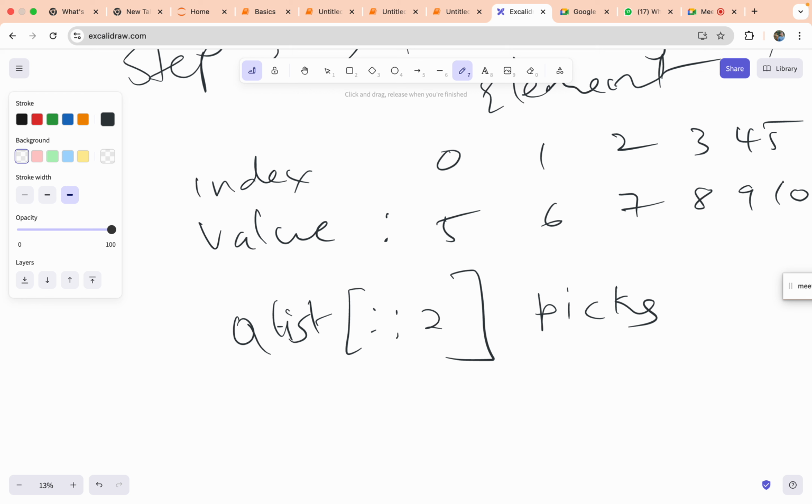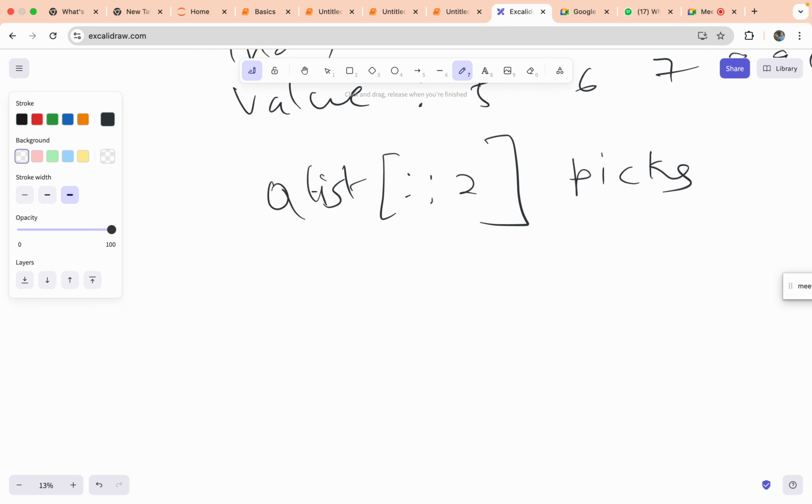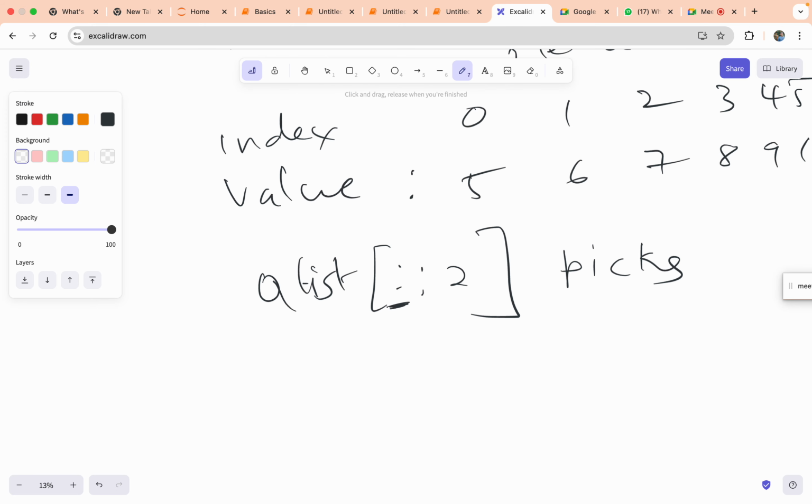Yes, it will take 0. Then it will take index 2 and index 4. So it takes the first one, because it adds 2 every time, right? So 0, 5, 7, 9. Is that correct? So make sure if we have 2 colons,